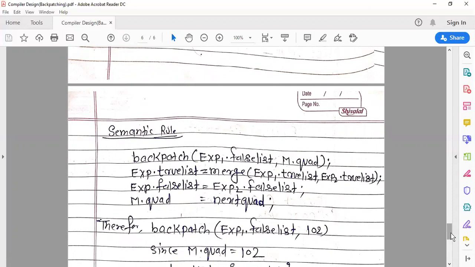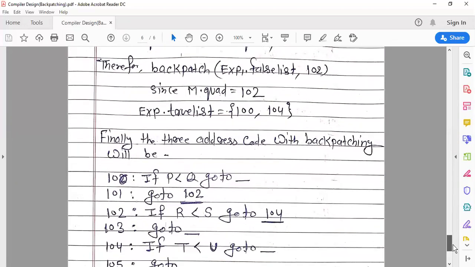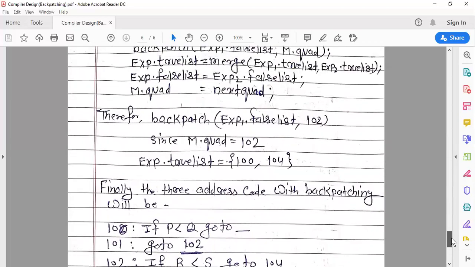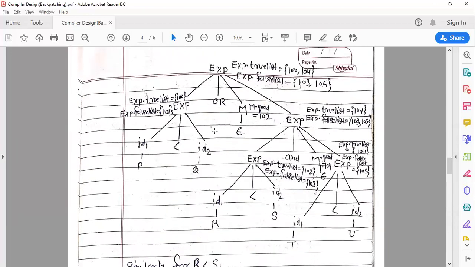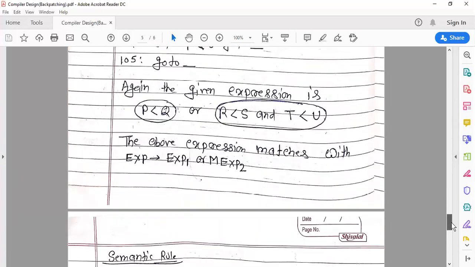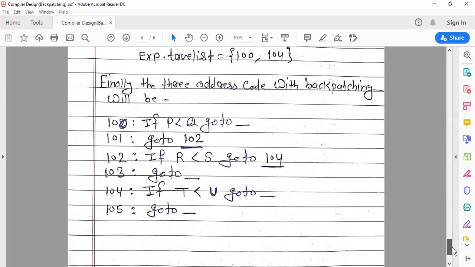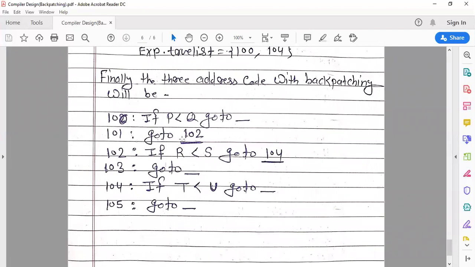So what is the exp1.falselist? Exp1 is p less than q, and the false list of exp1 is 101. So this 102 is inserted at this level using the backpatch technique, so 102 is inserted into the address 101.